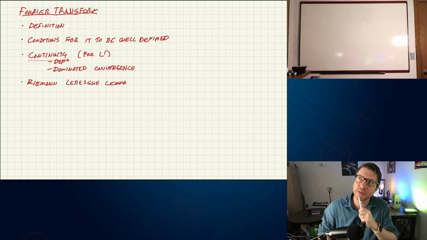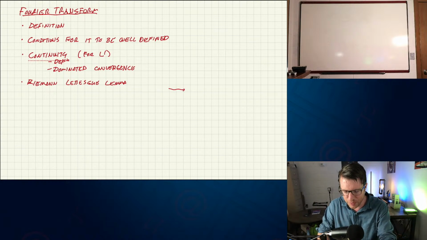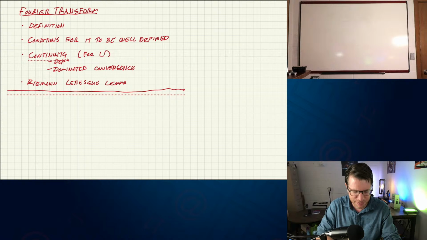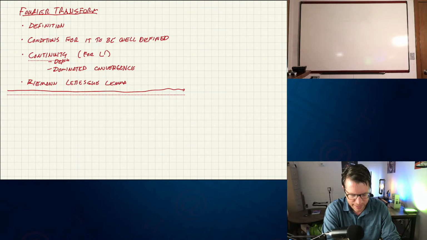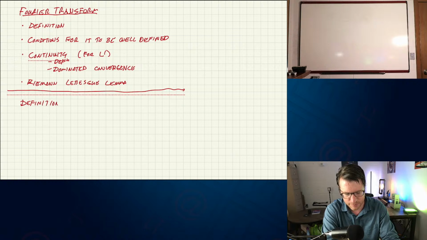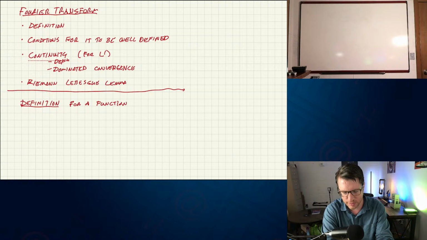Do I want to do things for? Let's just do things for basic real numbers. We could do it for R^n, and maybe we'll soup that up later, but we'll keep it simple. So what we're going to have is the definition here, and the definition of the Fourier transform is basically, for a function f going from R to R, or, well, I guess we can say C.